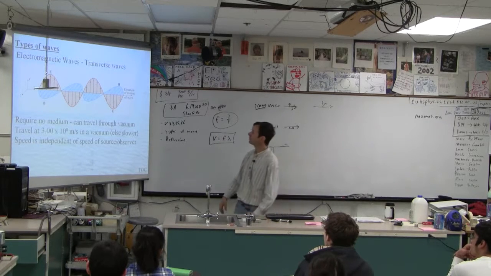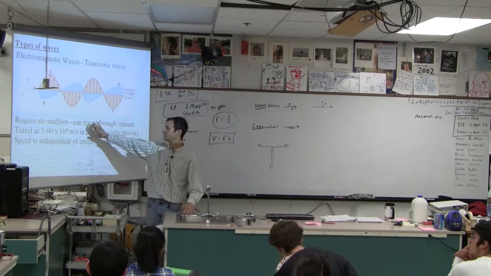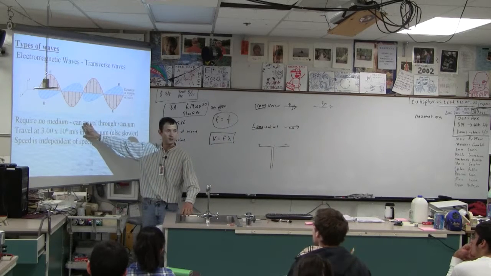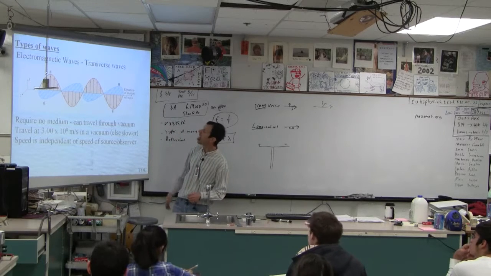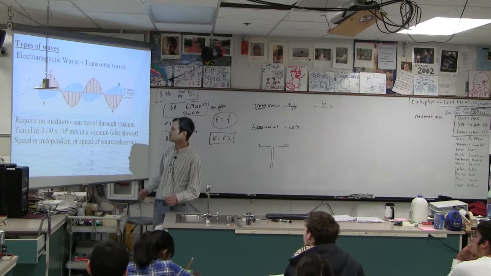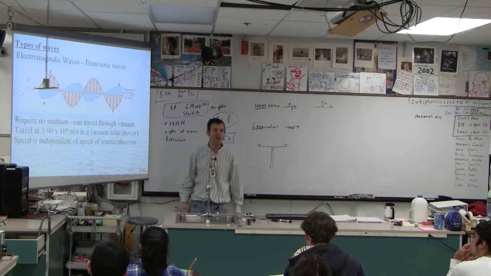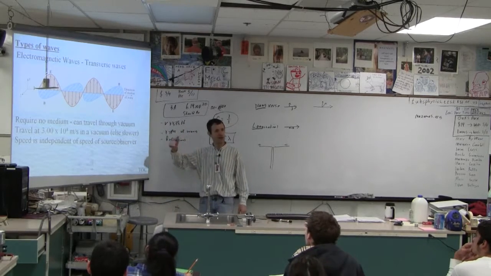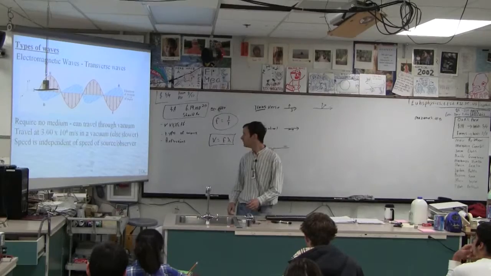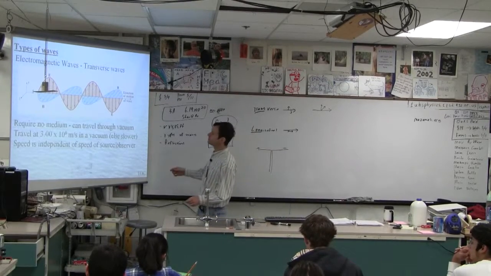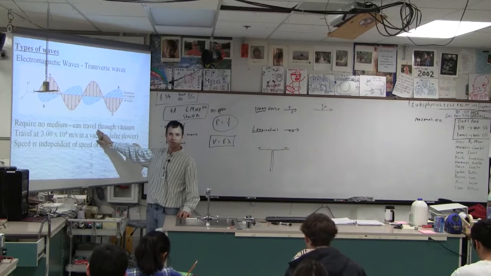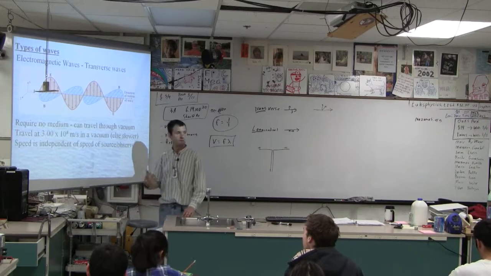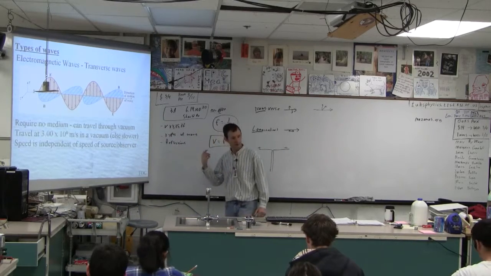Okay. And if you're in a vacuum, they travel at a speed that is a physical constant of the universe, the speed of light. With 3 sig figs, it's 3.00 times 10 to the 8th. If you have 4 sig figs, it's like 2.998 or something like that. And the weird thing about the speed of light is that because it's a fundamental constant of the universe, it's independent of the speed of the source or the observer.